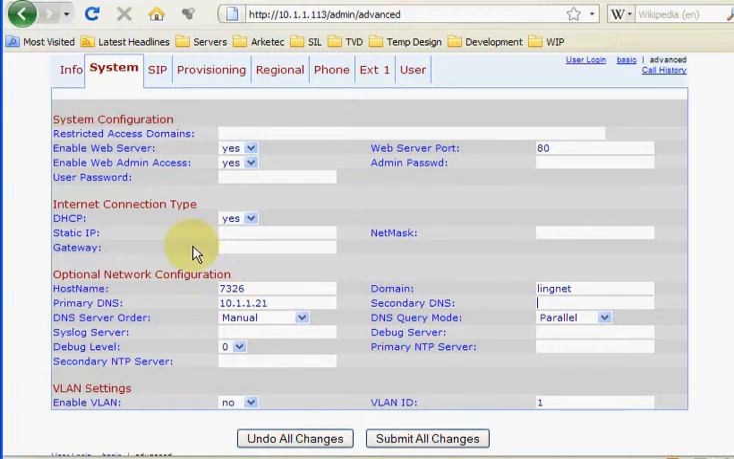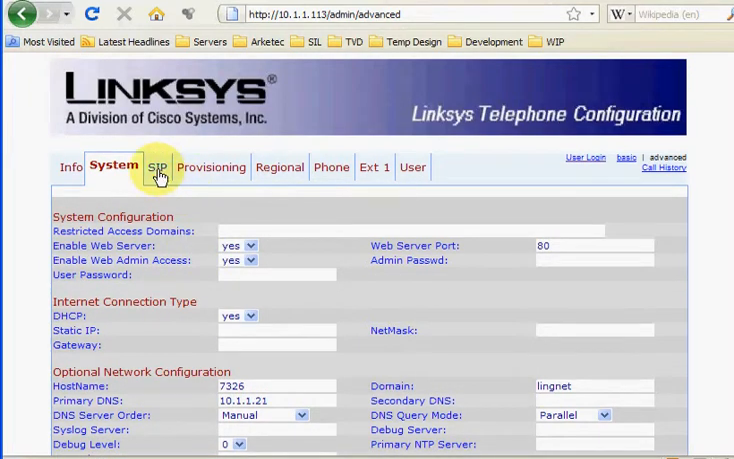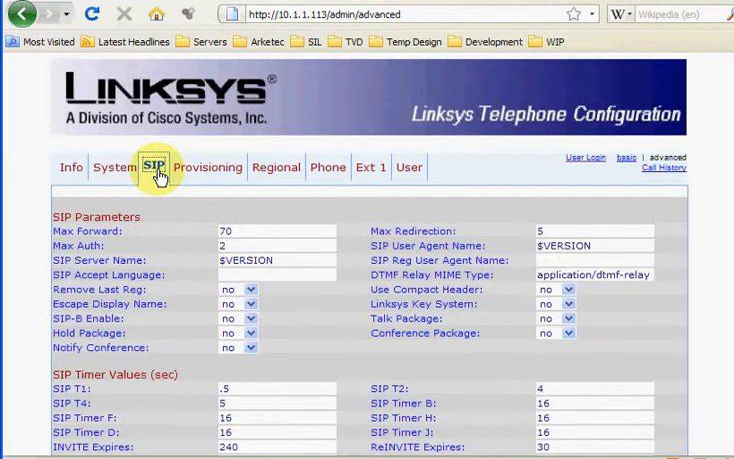Now we need to set up SIP. SIP is the protocol that the phone talks to the